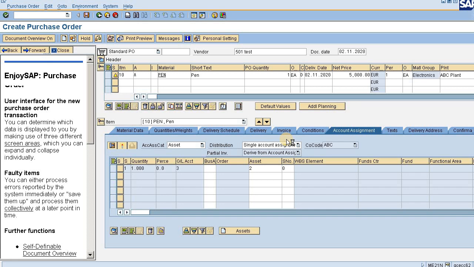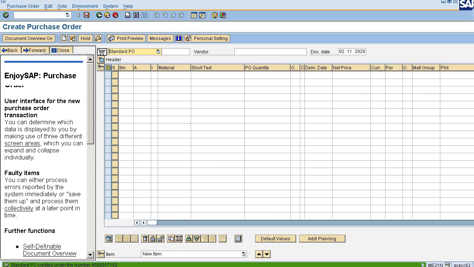So next step would be to do the GR, the goods receipt. Once I have the purchase order saved, I'll go for the goods receipt. There I'll be receiving my asset. In purchase order, as we know, there is no accounting entry, hence there will be no accounting document posted. But while doing the GR, the corresponding accounting document would be posted, and that would be shown to you as well. So I am expecting the purchase order to be saved. It is taking a bit of time, as it is compiling for the first time. Once it is saved, I'll move forward for the second step.